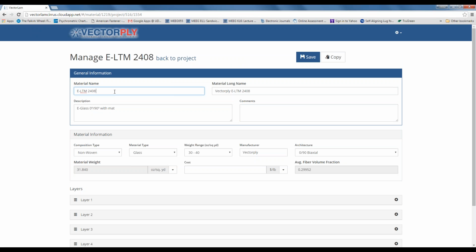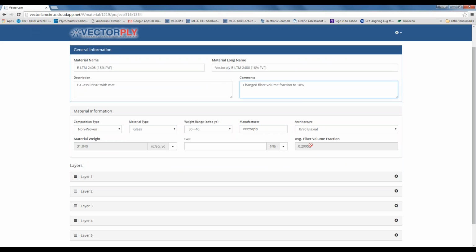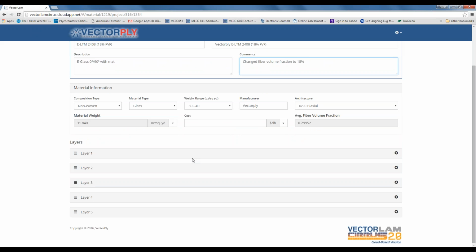What I'm going to do is change the name to, let's say, 18%. I'm just going to put FVF just so I know what it is. I'm going to do the same thing over here. And then in comments, I'm going to say changed fiber volume fraction to 18%. Now obviously I can't do that right here, so what I have to do is find the layers